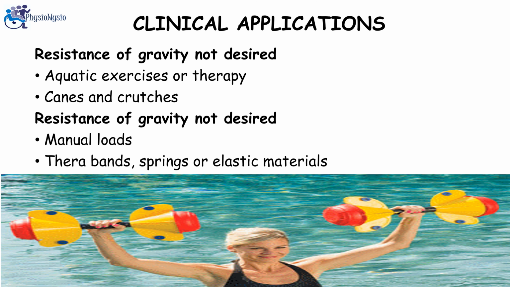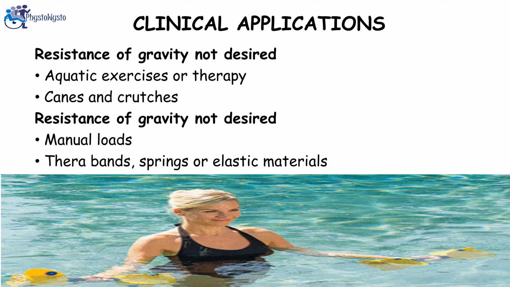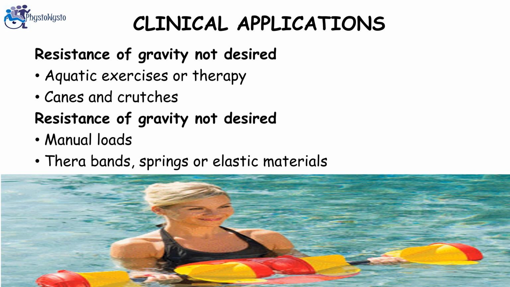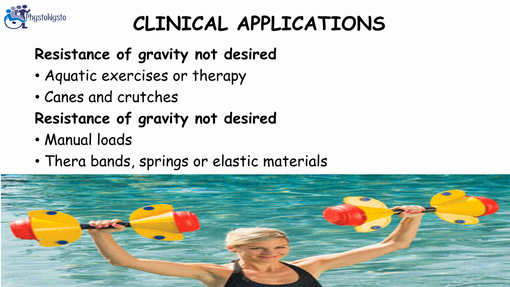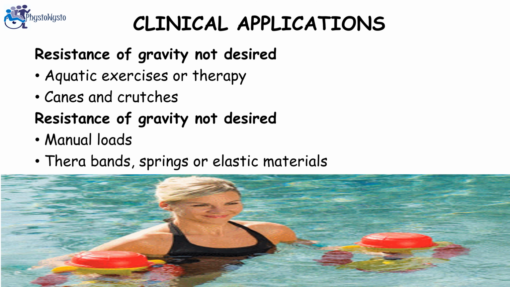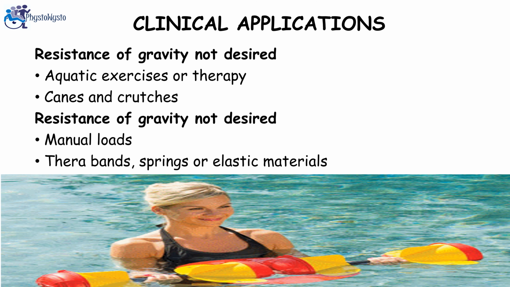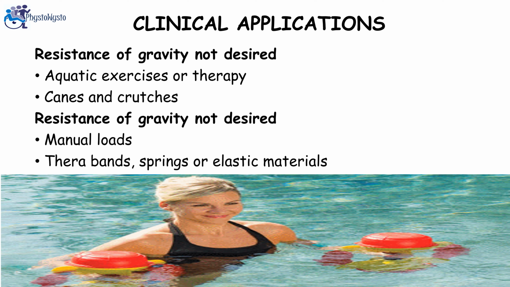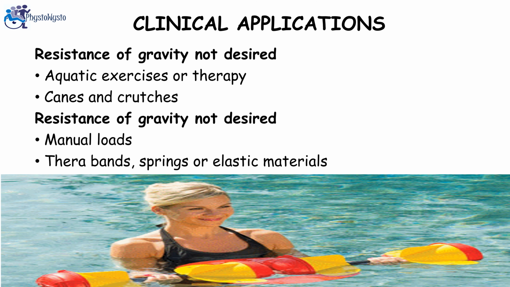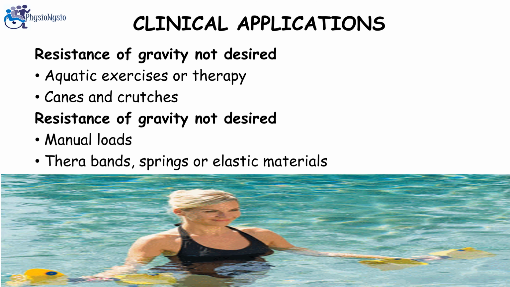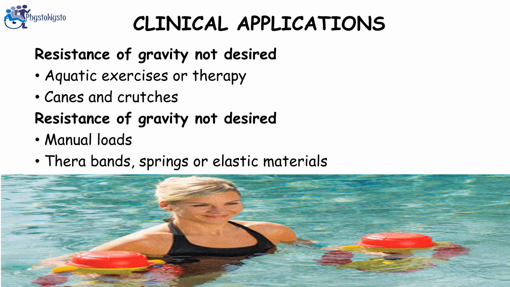When resistance is desired, stationary or resistant structures and manual loads are utilized in developing isometric muscular contraction. In therapeutic exercise, for instance, friction devices to offer load resistance against muscle contraction are popular. A variety of elastic materials are used, such as springs and tubes, where the line of resistance lies along the length of the elastic material.